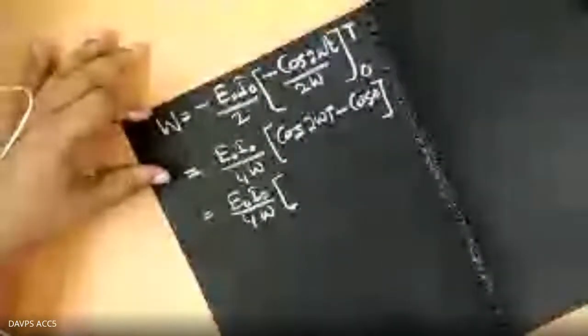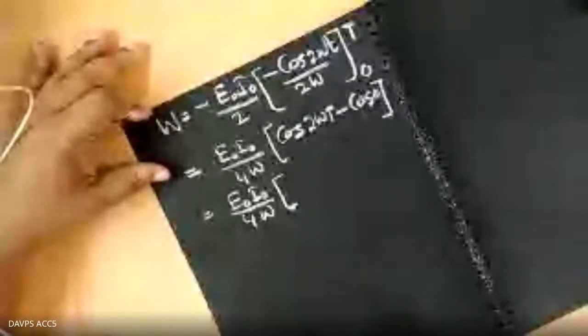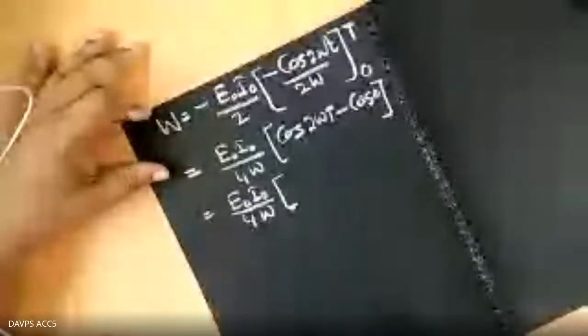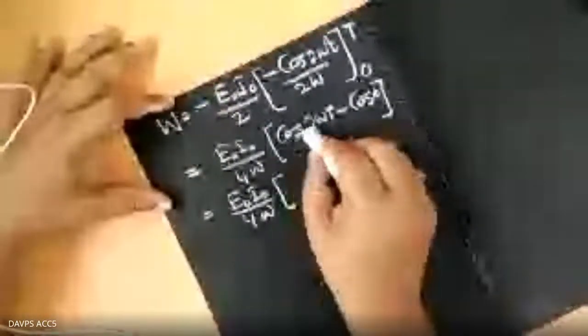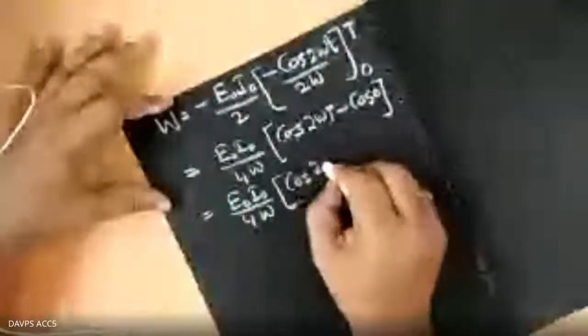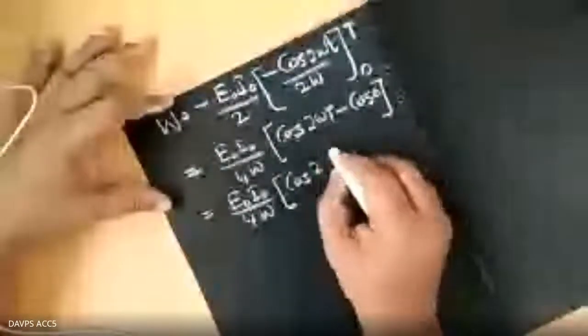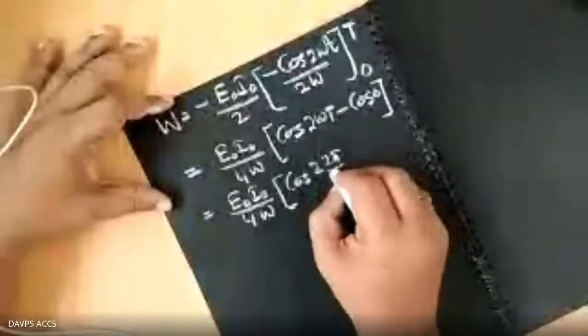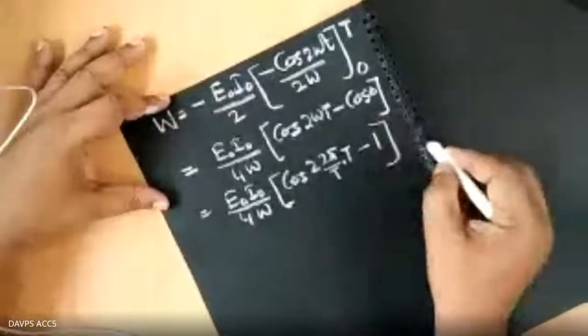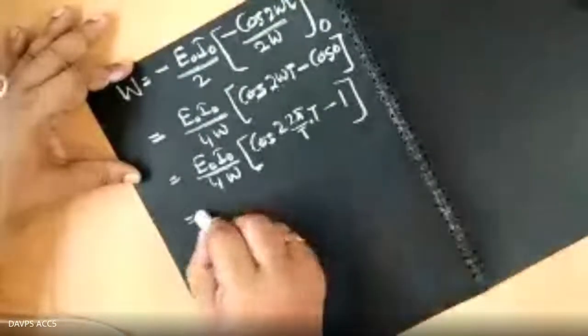And cos 2 omega T, you must be knowing that over a complete cycle becomes 1. Because in place of omega, if you put 2 pi by T, T gets cancelled, that is cos 4 pi. The cos 4 pi equal to 1 and cos 0 equal to 1. So if you place it in cos, in place of omega, that is 2 pi upon T, capital T into t, that is cos 0 equal to 1, that is minus 1. And you are finding E naught I naught